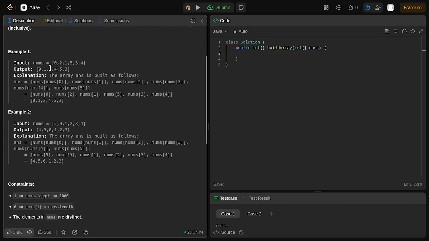For example number 1, we have the nums parameter, since we are using Java right here, as an integer array, and the output is 0, 1, 2, 4, 5, and 3. It's because for the first index of the answer array, we have nums[0]. For the nested nums index right here, we are using the value of the first index as the index of the element from nums,